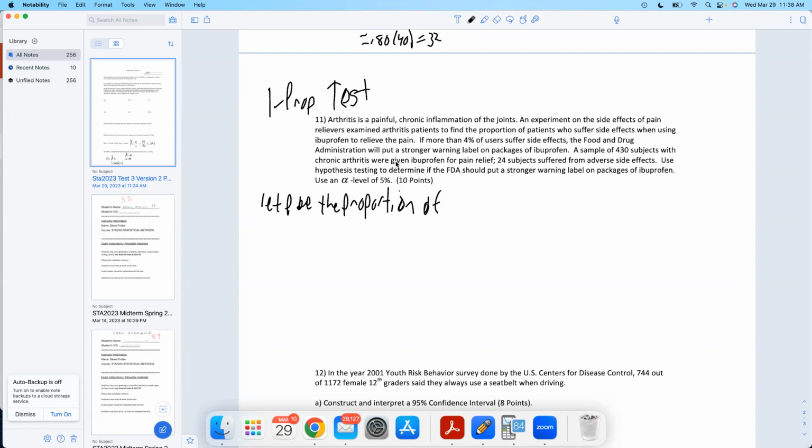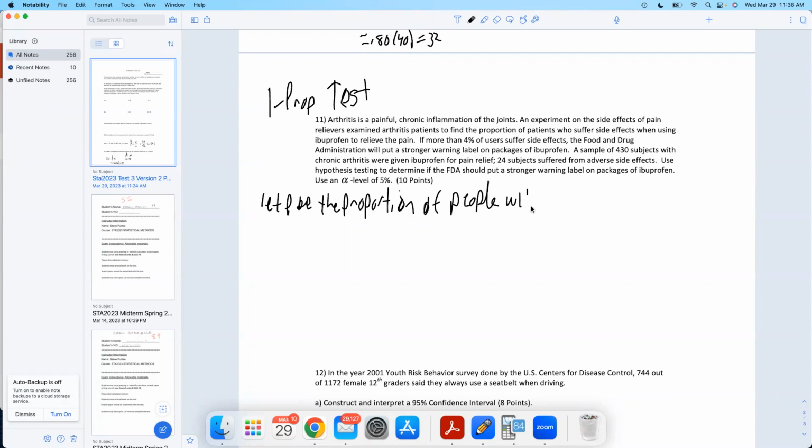Everybody in the population has that. In this case, everybody in that sample, but that's my population. This group of them had side effects. So there's success. Population is people with arthritis given ibuprofen. Success is had side effects. So let P be the proportion of